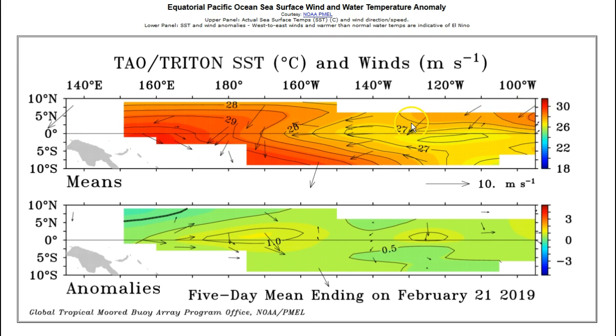You can see winds from the east, trades, pretty normal this time of year, making it to about 170 west, and then turning west and pretty brisk. They were actually harder a couple of days ago in the Kelvin wave generation area. That's this area from 170 west to about 135 east, 5 degrees north and south of the equator. When you get west winds in there, that helps create Kelvin waves, and Kelvin waves are a key component